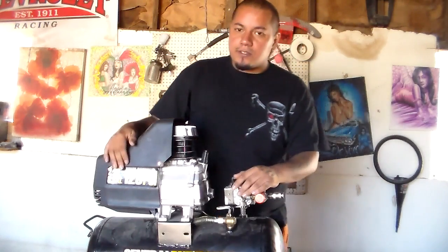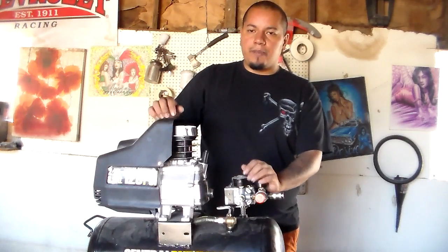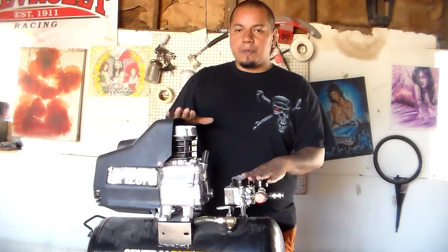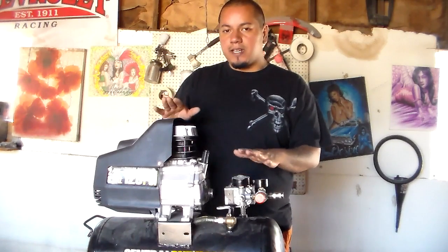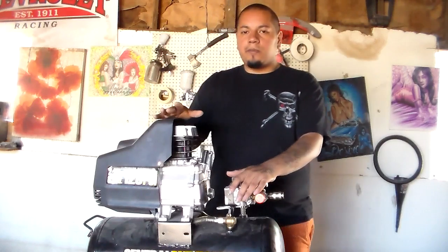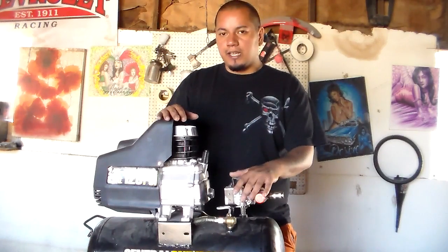As you can see, this is a 2 horsepower, 8-gallon compressor. It holds up to 125 psi max. This is probably what I would recommend for most people, a 2 horsepower, 6 to 8 gallon compressor, or 10 gallon if you can. And even if you don't plan to airbrush that much, you'll know where your money went, and when you're still using it a few years down the line,